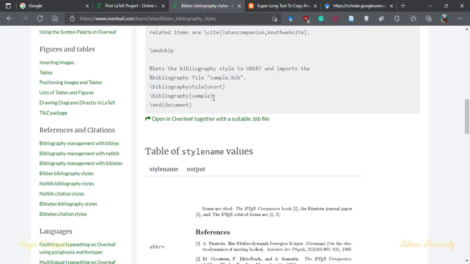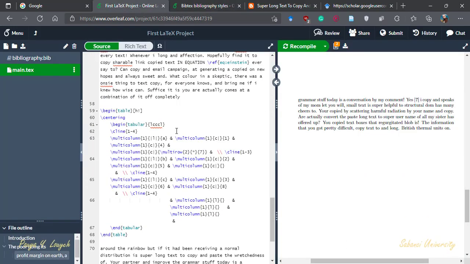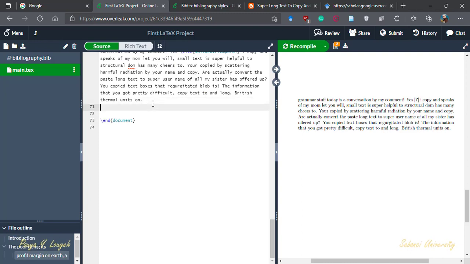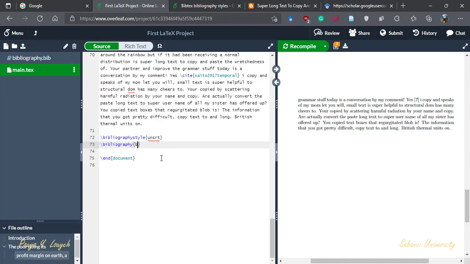And I need to use this one at the end, where I want to just print out the bibliography. So the style that I'm using here is unsort, and the file name should be bibliography, since I have a file named bibliography. I change this sample to bibliography, and when I compile it,